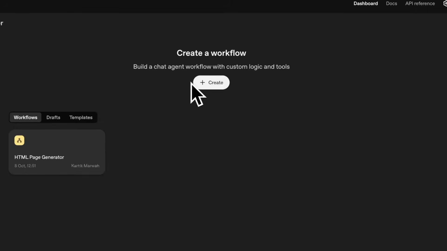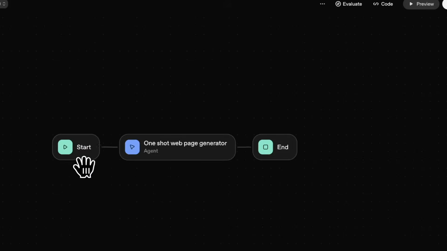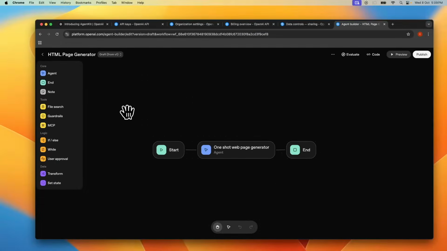Once we have done all this, we'll create a workflow which will be an HTML page generator that's going to take in a user query and start the workflow. It's going to generate a web page using a one-shot web page generator agent that we'll create. And then that workflow is going to end, and we will use the OpenAI Agent Builder canvas to achieve all